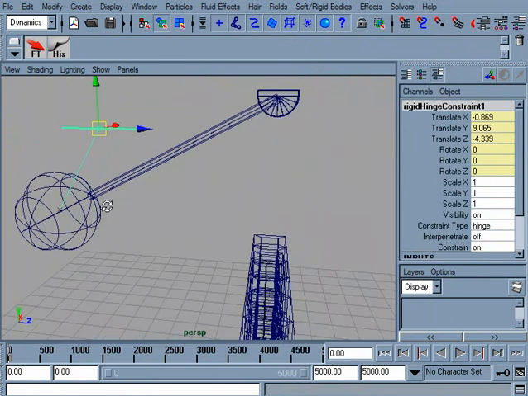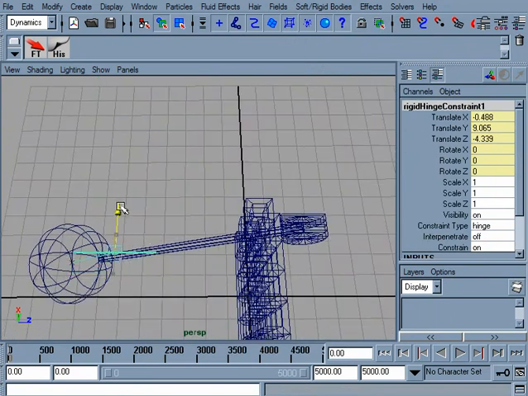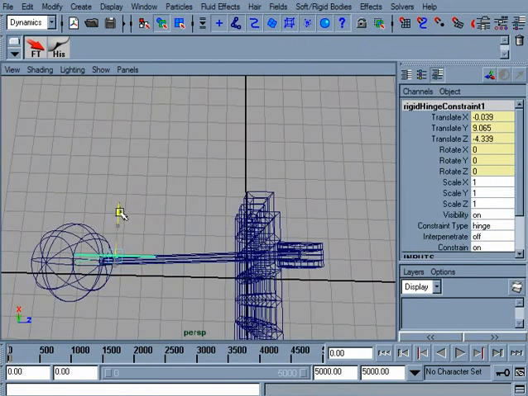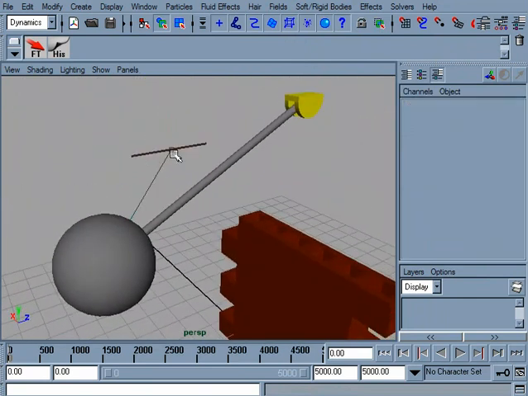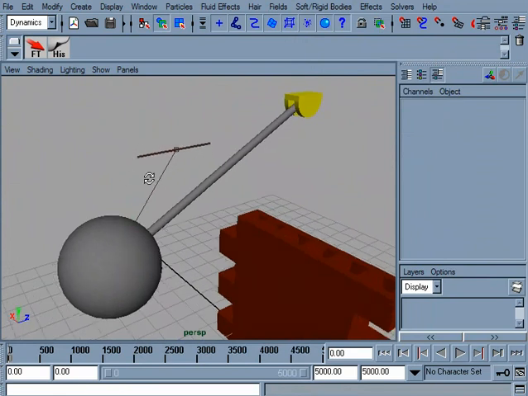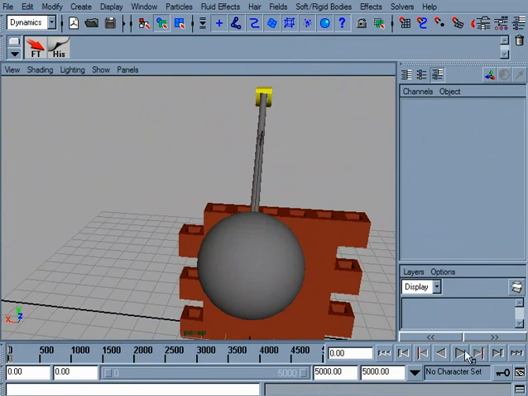Now let's take a look for a second at what this icon means and what it can do. Well, this is the bar. Think of this like a monkey bar or the hinge in a door. This is the axis that it will allow it to swing on. So if I hit play,